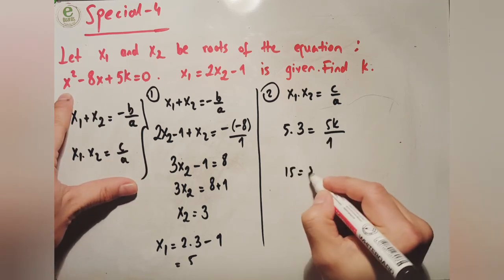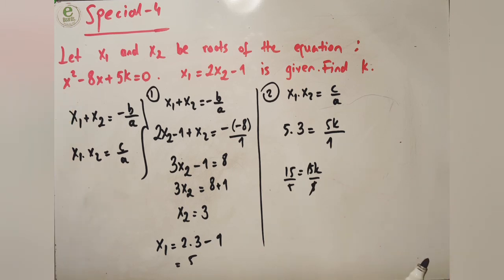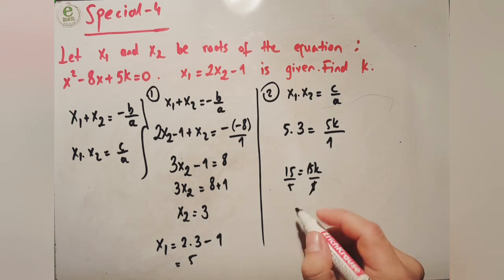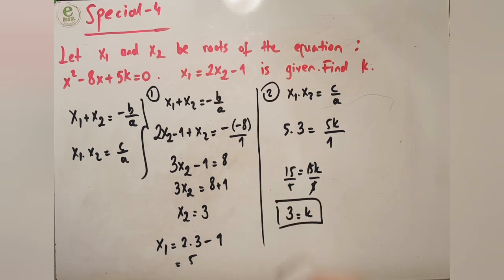So 15 is equal to 5k. To find k, we will divide both sides by 5. 15 and 5 cancel each other out. So it's going to be 3. Okay, by the way, we found